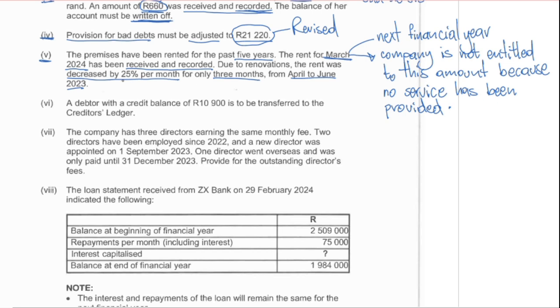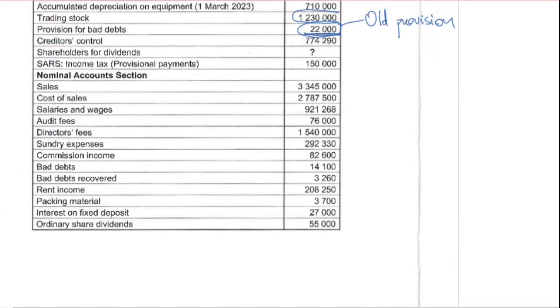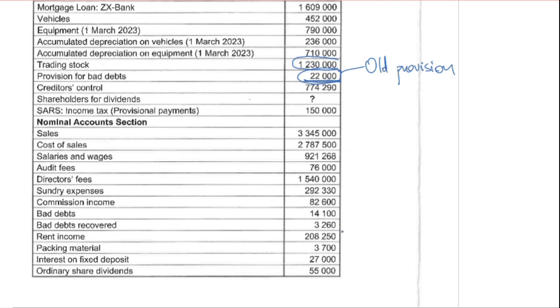We are told that the rent was decreased by 25% for 3 months, which is April to June 2023. This means that for those 3 months, the tenants were only required to pay 75% of their normal rent to compensate them for the inconvenience of the renovations. We are also told that we've received and recorded the rent for March. Since March falls in the next financial year, this means that the total amount of rent received